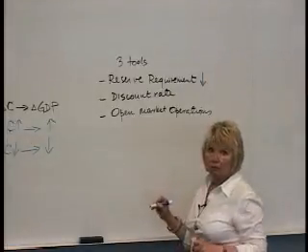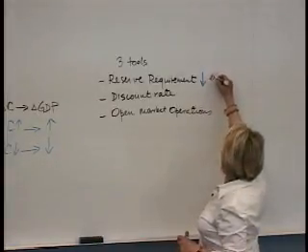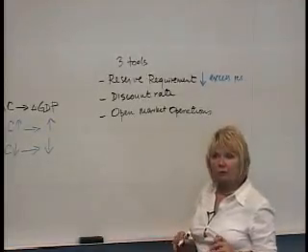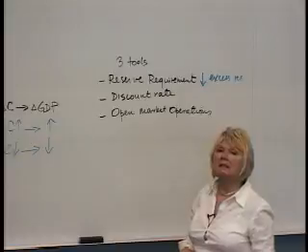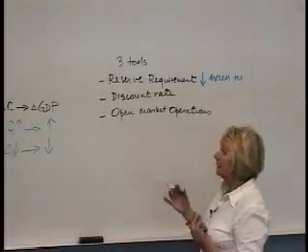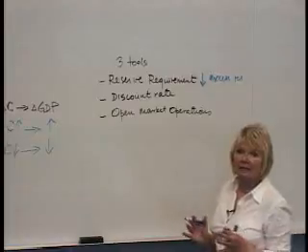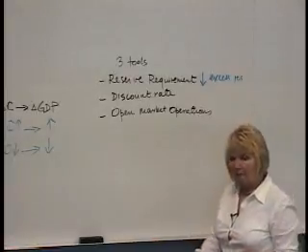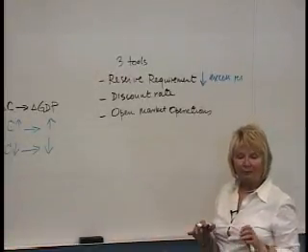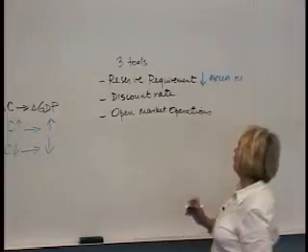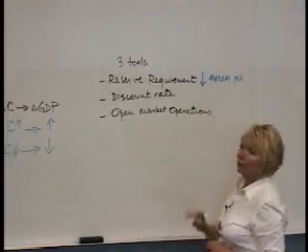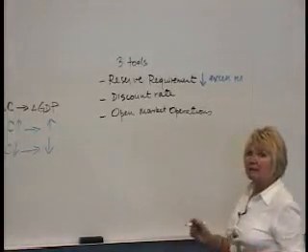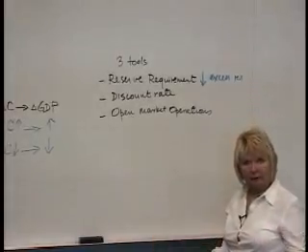When you reduce the reserve requirements, all banks are going to have excess reserves, and excess reserves means that they have more money to lend out. Given that they are profit oriented, they would like to keep as little as they possibly can get away with, either in the vault of the bank, or with the Federal Reserve. And so if the Fed reduces the amount of money that the bank needs to keep, then that is going to increase the amount of money available.